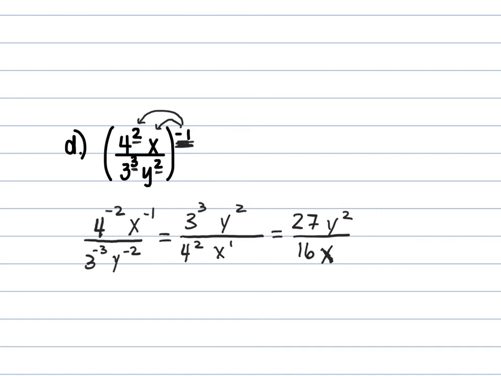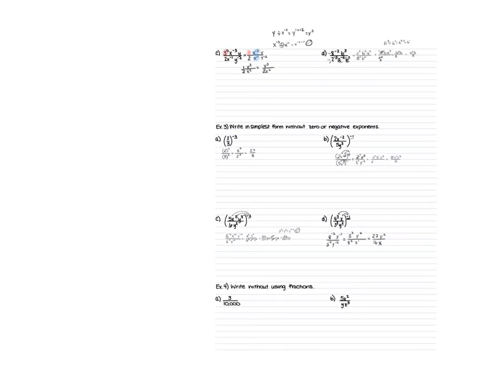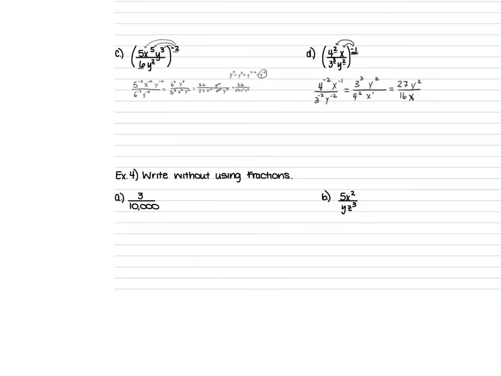It doesn't look like 16 has a common factor with them, so this is going to be where we're leaving off. All right. We have 4 more, and these are pretty quick. Write without using fractions. Well, what makes this a fraction is what is in the bottom. So if these things weren't on the bottom, then we could say, oh, okay, then I don't write this as